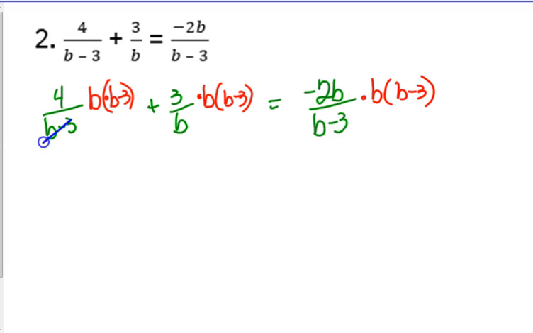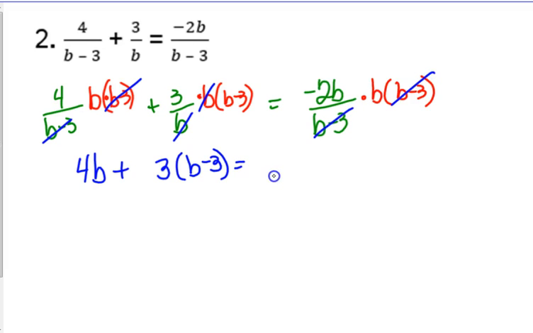Now on the first term, the b minus 3's will cancel, so we'll end up with a 4b. On the second term, the b will divide out, so we have a 3 times a b minus 3 that's going to have to be distributed. And on the third term, the b minus 3 will divide out, so we end up with a negative 2b times b, or negative 2b squared. And distributing over here,